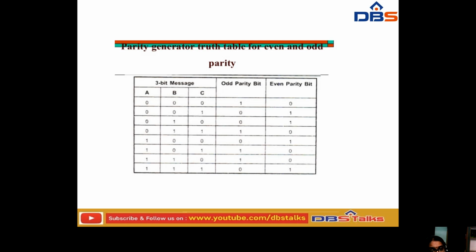So why can we say that it is an even and odd parity? A parity generator means at 0 0 0 we have some even parity bits, at 0 0 1 we have some odd parity bits, and at 0 1 0 we have even parity. That is the parity generator check. That is not such an important concept, but here we are discussing how it is going to generate the parity.